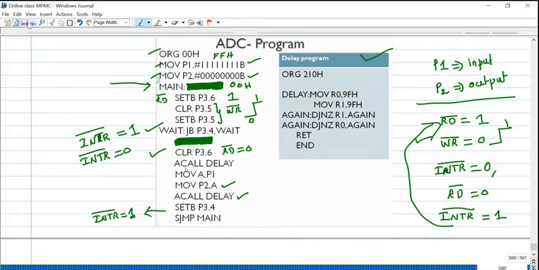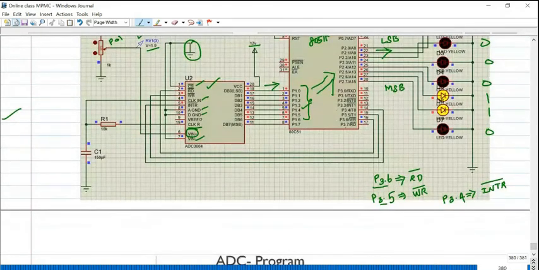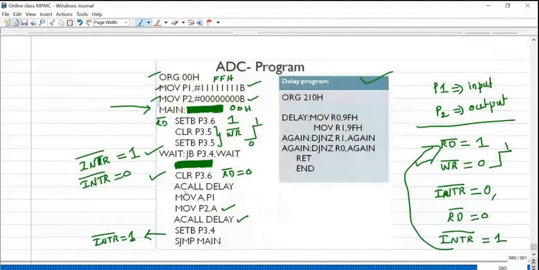So do you have any doubt in the interfacing diagram and the program? Suppose you connect chip select bar of the ADC with any port of the microcontroller, for example, if I connect this chip select bar with P3.7, then I have to write clear P3.7.